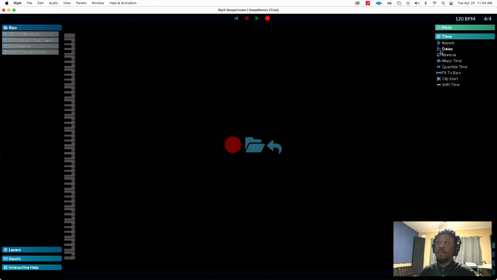Time-based effects, being able to reverse the audio, warp them, fit to a certain amount of bars. I guess that would be useful for guys that are sampling or doing remixes. If you have a 5-bar loop and you want to turn it into a 4-bar loop, this will warp it. Warp being one of the terms that we've come to know from I think Ableton, where it can take audio and stretch it or shrink it to fit within a set time frame. So you have all your time-based